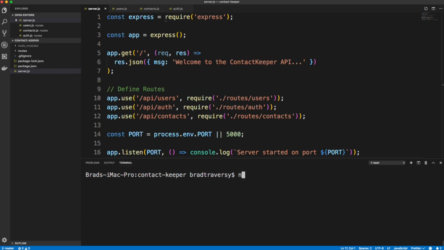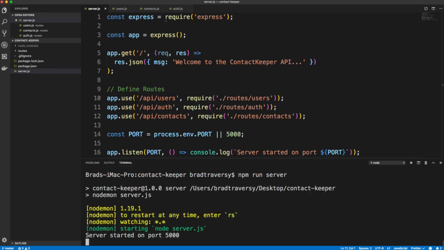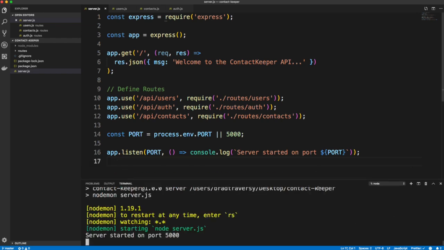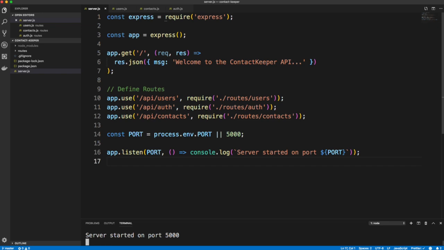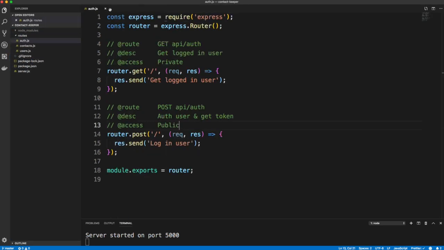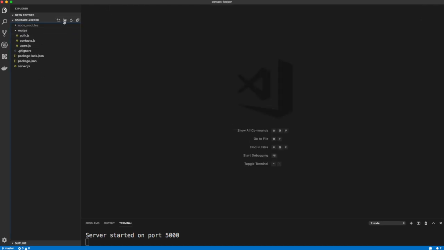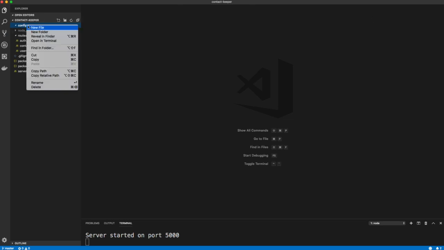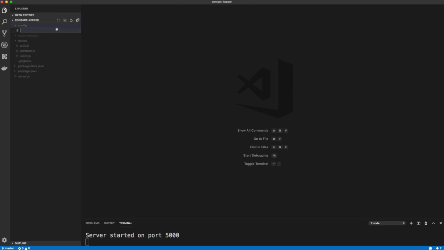All right, so let's go ahead and npm run server again. And now we have our server running. So I'm going to now implement our database. First thing I'm going to do is create a folder. Let's just close all this stuff up for now. Let's create a folder in the root called config. And inside config, I'm going to create two files. One is going to be called